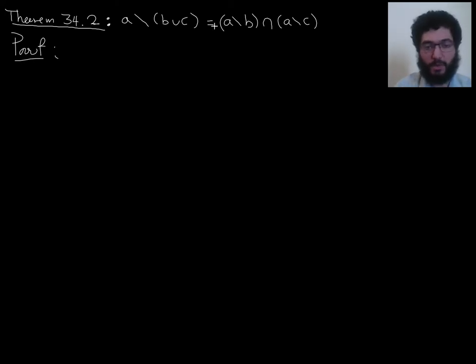Okay, so we need to prove an equality. That means we have a couple of options. We could use Axiom 8, or we could use Theorem 10. I'm going to focus on using Theorem 10, even though I think Axiom 8 might work here, just because that's something that will be more commonly useful in the future, so better to observe how that works. So the whole proof will split into two portions, the inclusion in this direction and the inclusion in the other direction. So starting from left to right,